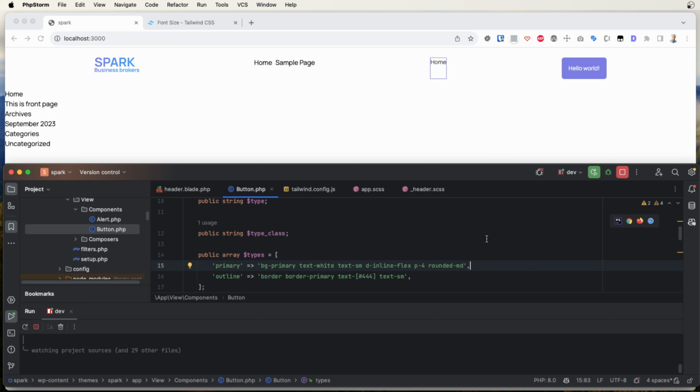Okay, we are getting close, but we are not there yet. We need font, yeah, for outline we also need padding, rounded, oh sorry. Okay, now you can see our buttons are mostly better looking,